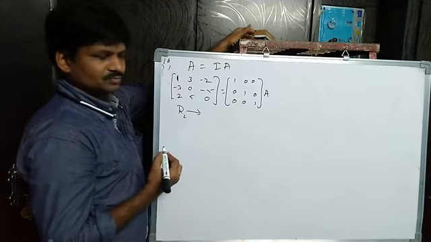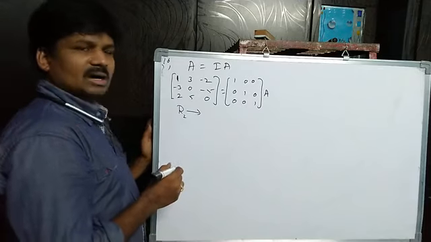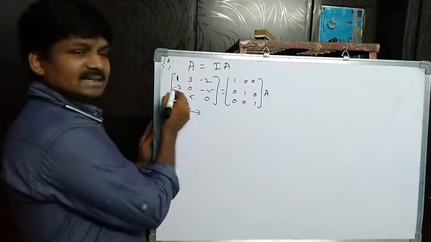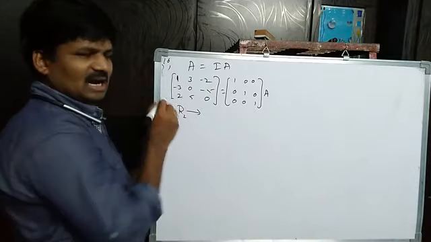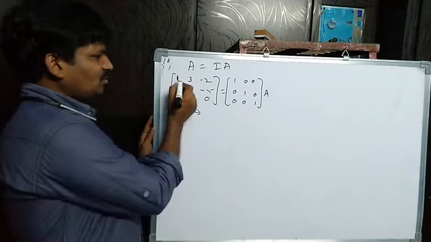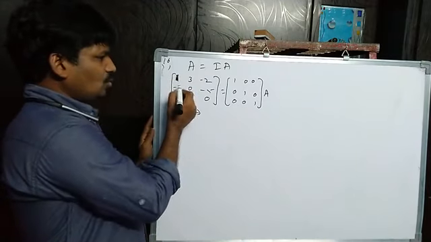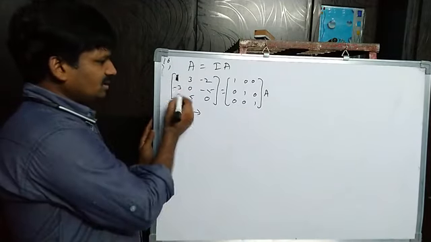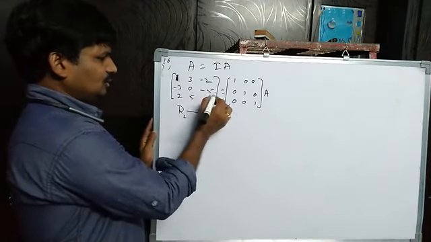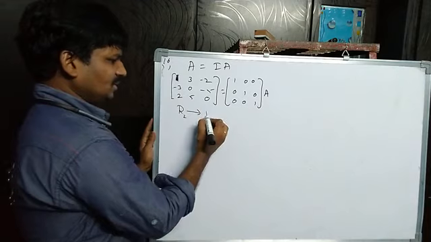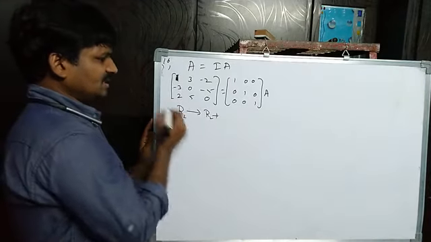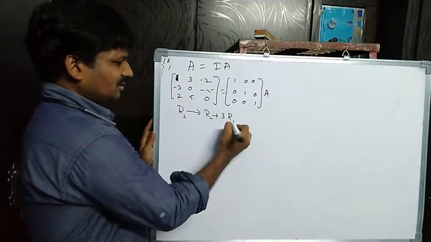Here, the second row, so R2 I am changing. R2 changes to what? Which operation do we have to write to change minus 3 into 0? Compulsorily we have to use row 1, the first row. Why? Because 1 is there, right? By using this 1 only we can make zero here, and here also. Just observe, minus 3 is there, right? So in R2, what is there? Minus 3. So R2 plus 3 into R1.